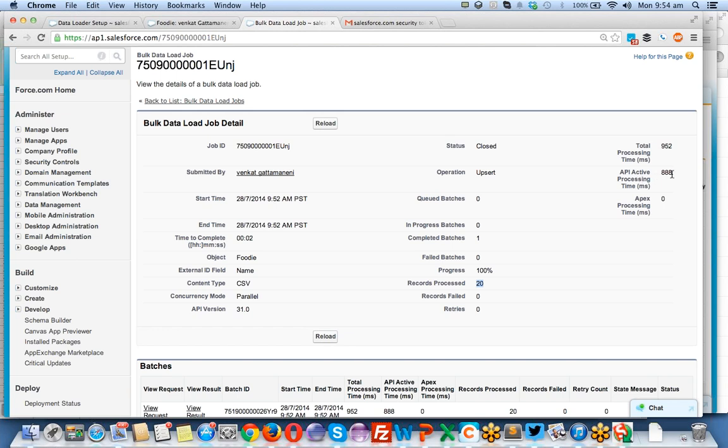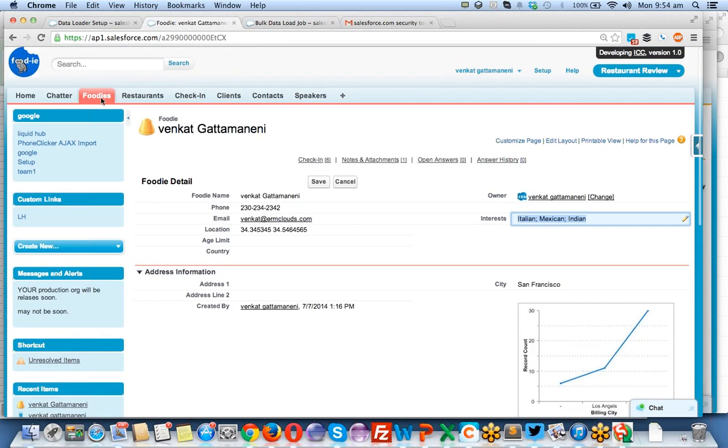It will show the milliseconds. Okay, 888 milliseconds. Less than a second. It's done in 0.8 seconds. Let's go back to the Foodie object. Click on the object